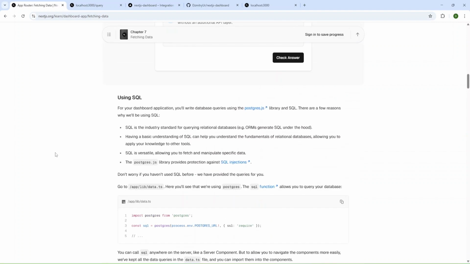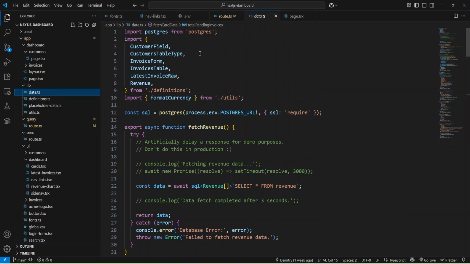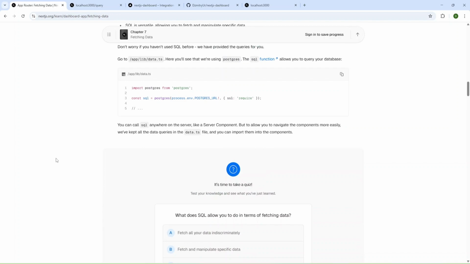You can use some ORM, but they are using Postgres.js, and they propose to look at this code. We have the import, and they also create an sql const using this Postgres import. Okay, and let's go next.